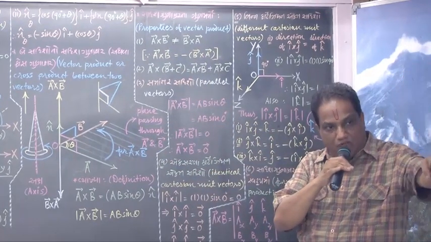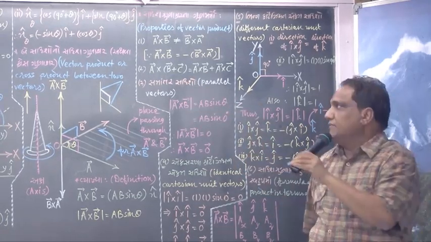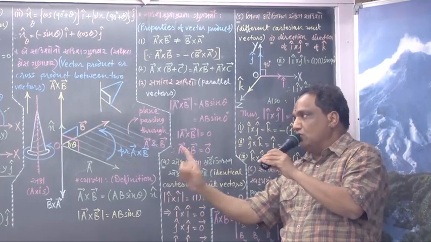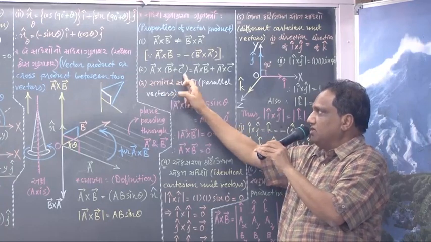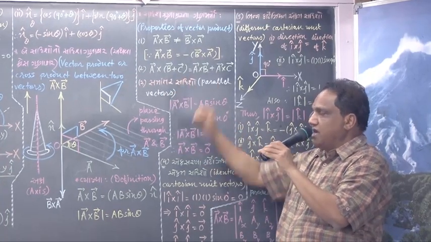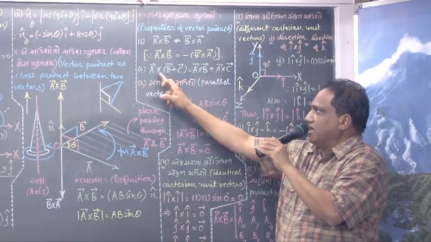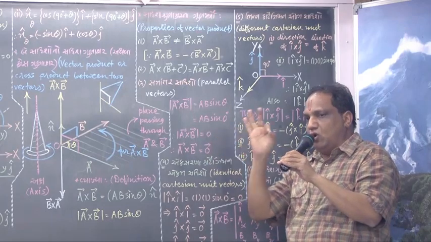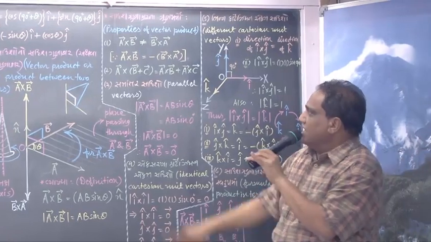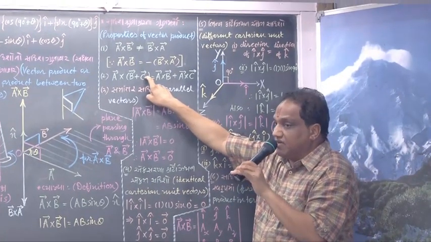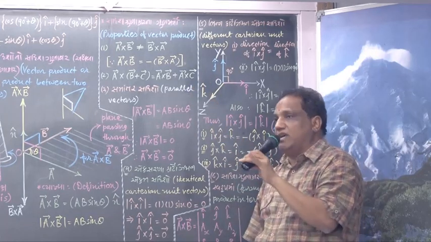Last time, dot product was commutative. But vector product is not commutative. And the distributive law still holds good. Look here. The distributive law is this: vector A cross, vector B plus vector C, just open the bracket, is vector A cross vector B plus vector A cross vector C. The distributive law holds good for vector product. If you have a third term here, say plus vector D, then you have a third term there also: plus vector A cross vector D.